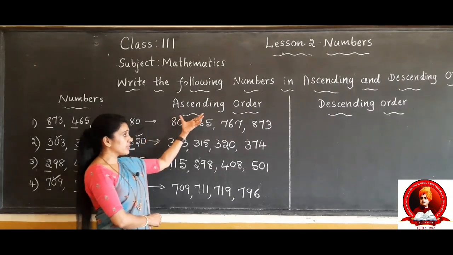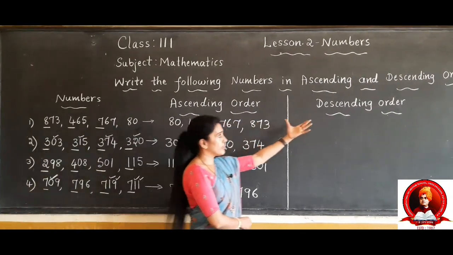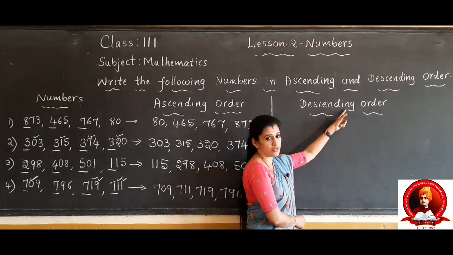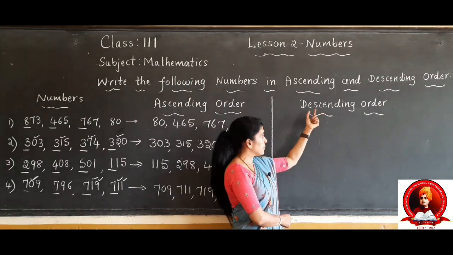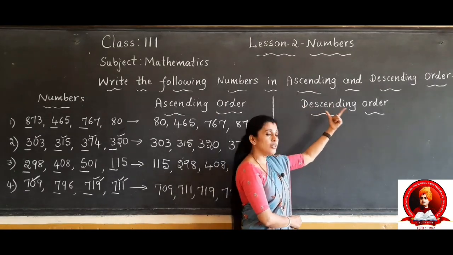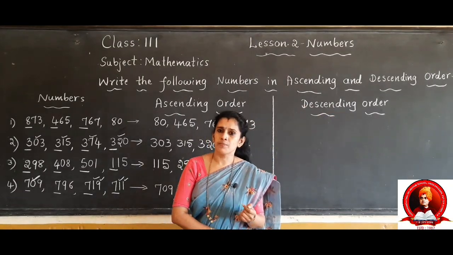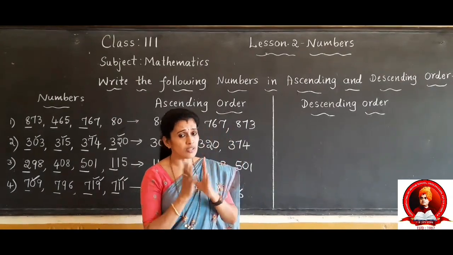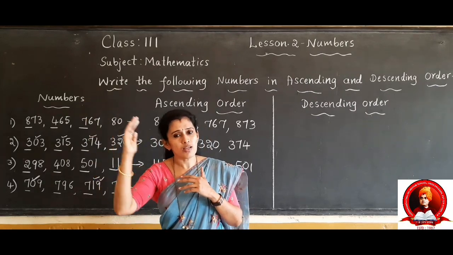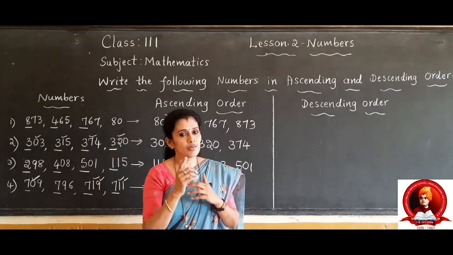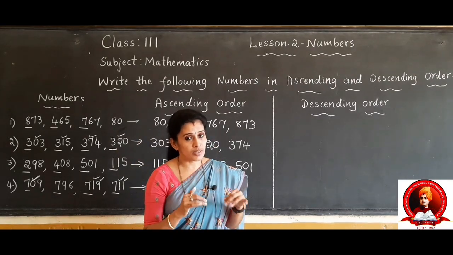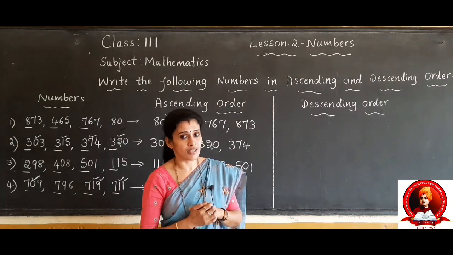Children, now we have learnt about ascending order. After that, here I have written descending order. See, D-E-S-C-E-N-D-I-N-G. You have to write and learn the word, children, because it has many letters. So, you may feel it is difficult. Descending order. What is the meaning of descending order? See children, descending order means arranging the given numbers from the greatest to the smallest. Okay, you have learnt how to write 2 digit numbers in descending order in your second standard. Today, we will learn how to write 3 digit numbers in descending order.